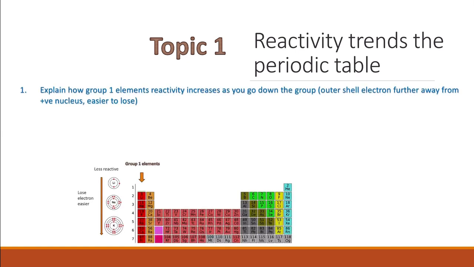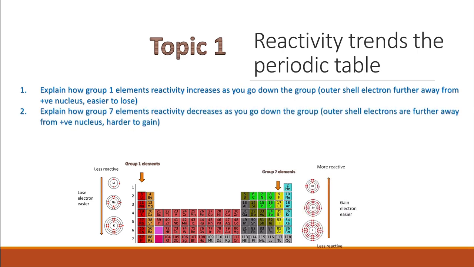So you should be able to explain how group 1 elements' reactivity increases as they go down the group. This is because the outer shell electrons become further away from the positively charged nucleus, so they are easier to lose. And you should be able to explain how group 7 elements' reactivity decreases as you go down the group,